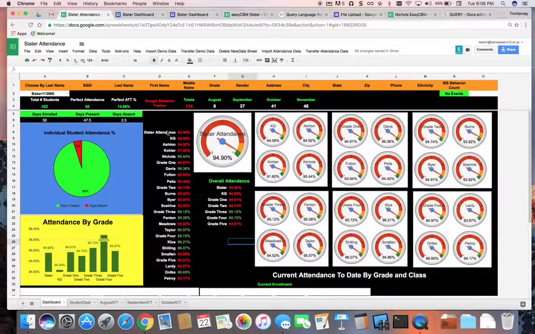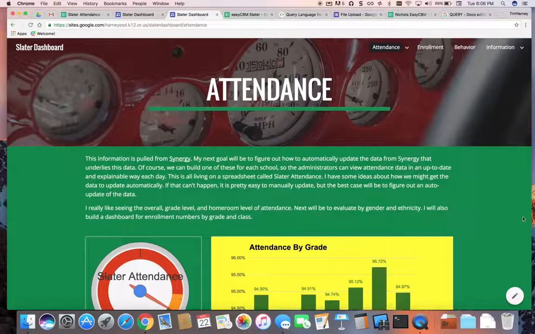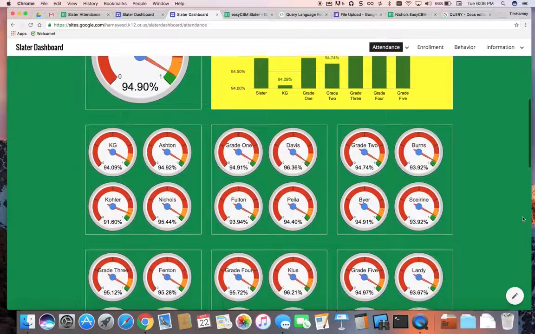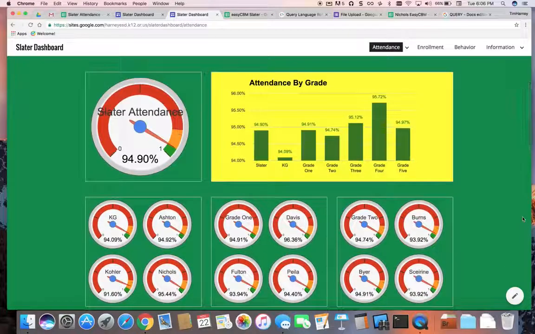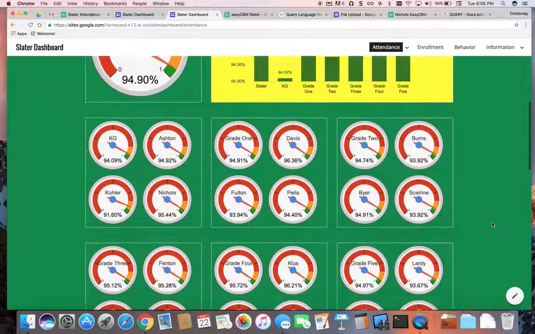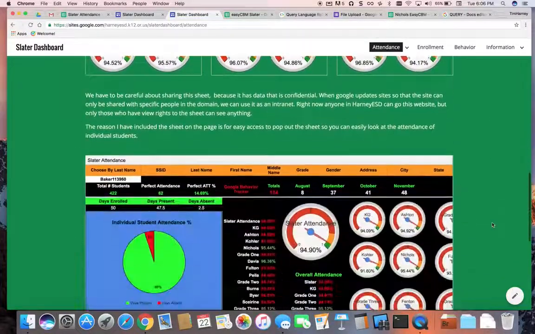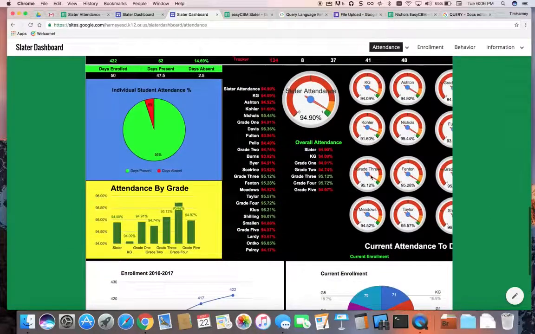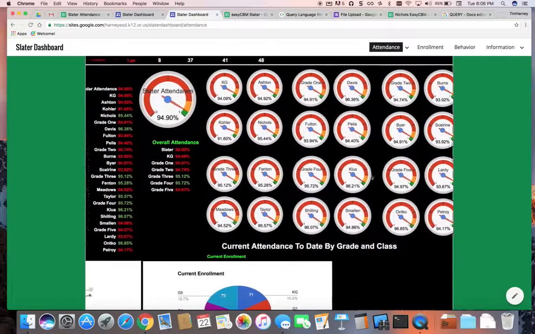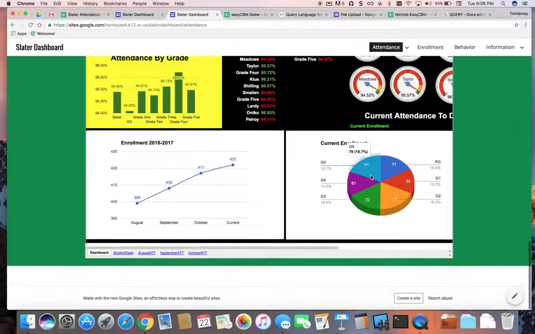They can manipulate things. When I come to the dashboard, now here's what I see on the dashboard. I see a lot of that same information. I have automated this. This is automatically updated out of Synergy every night, so this should be accurate. And when I come down here, I can actually see this spreadsheet showing all the data that we actually